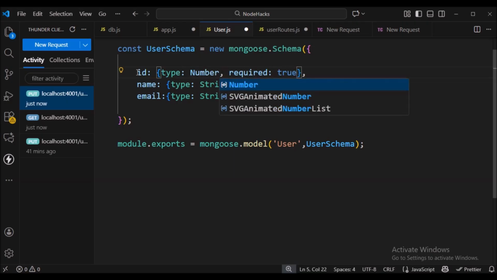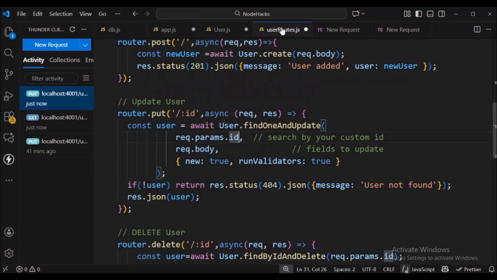There would be a few changes in route also, like change the raw ID value from request object to id colon request.params.id, a Mongo query filter object. This object tells Mongoose to search in the database for the user whose ID field is equal to 15. So in the code also replace findByIdAndUpdate with the function findOneAndUpdate.